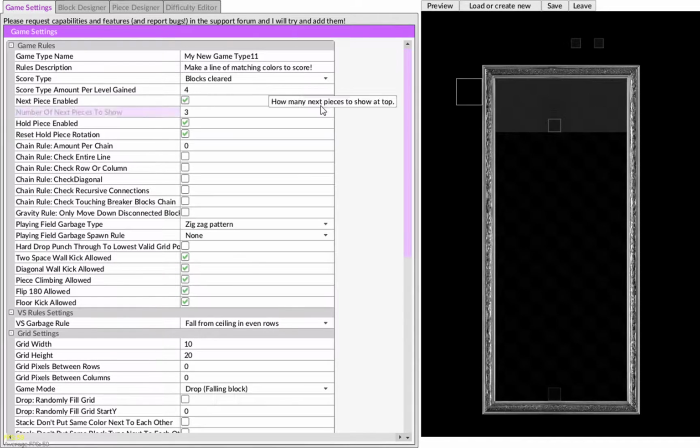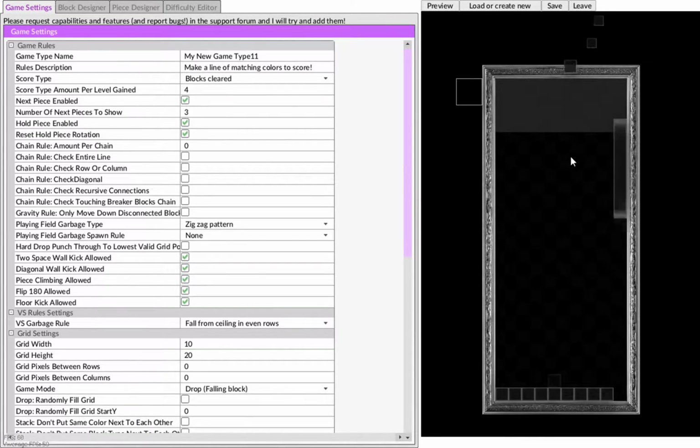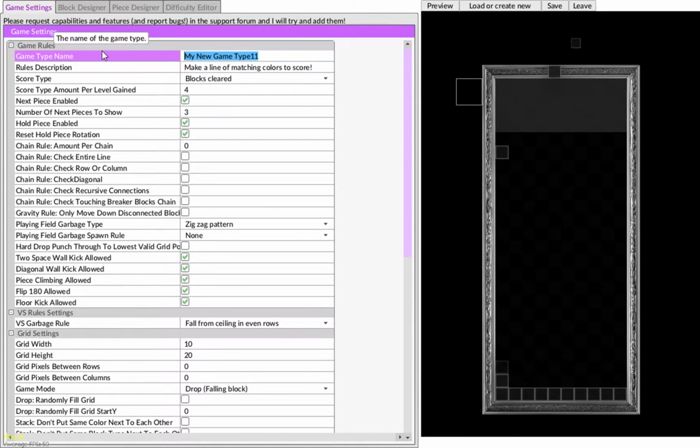So create new, and you can see the default is just these blank gray squares, and there's no game functionality, so all you do is eventually you'll just fill up the board. So the first thing we want to do, first let's name it my new game,